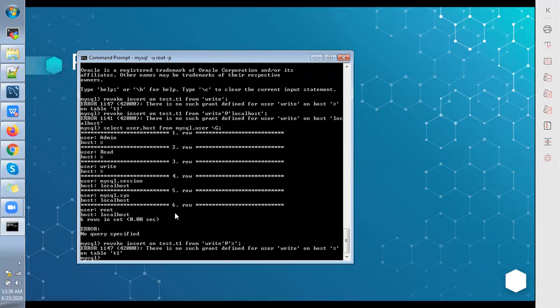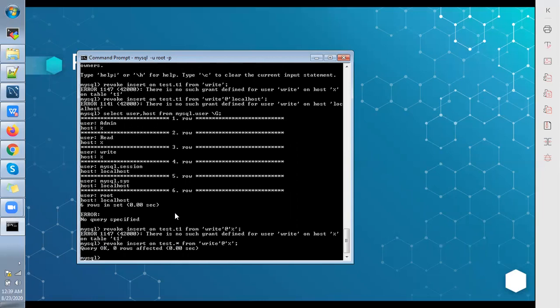There is no such grant defined for user write. Just retry. See, it has worked. So I'm going to revoke the insert privilege from the user write. So now we cannot insert the record from the write access user.